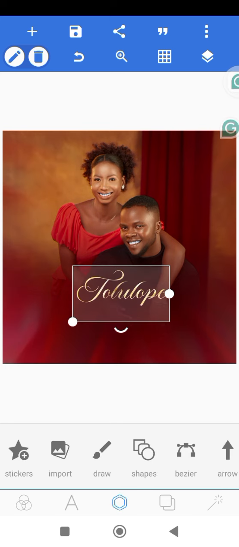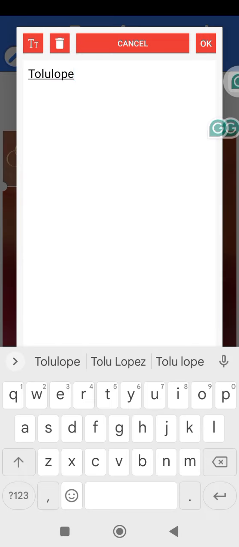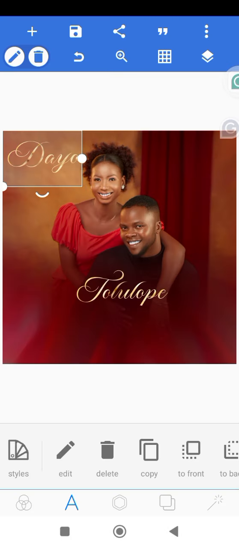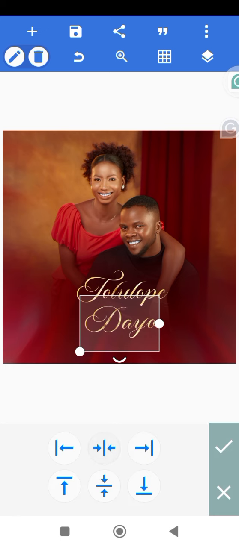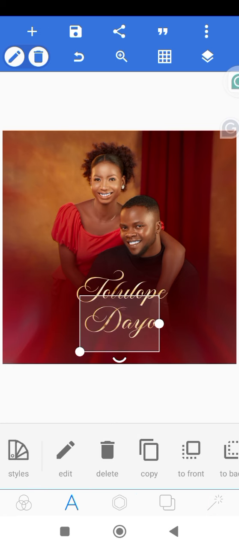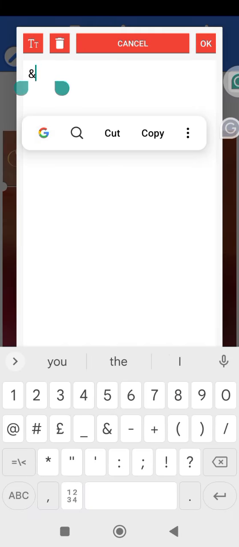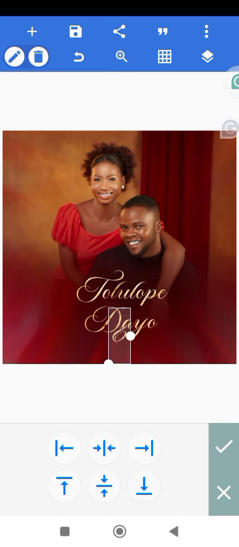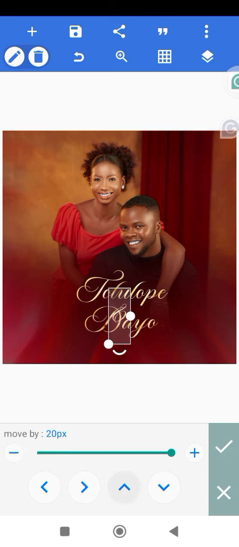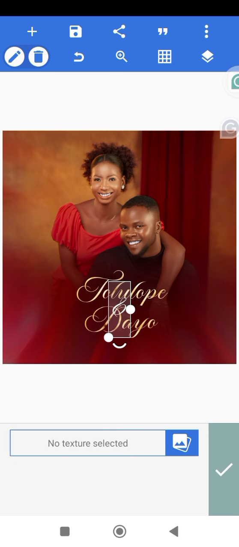All right, so I'm going to copy this Tolulope, and I'm just going to write the second name. So we have the second name here. We have Tolulope and we have Dio. So I'm going to copy Dio, and I'm just going to write "and". Okay, so I'm going to bring this down here, but I don't want a texture for the "and", so I'm going to delete the texture,